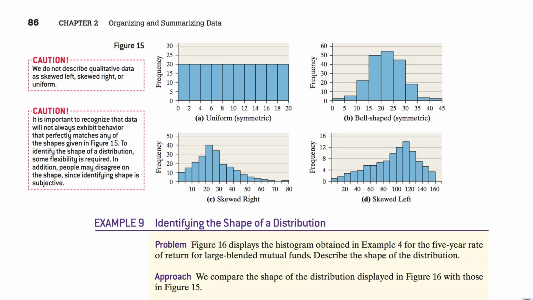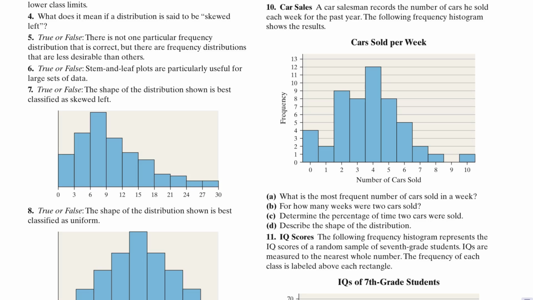And I would say, well, if you look at it again, it looks like it's skewed slightly right, because it has a tail that runs off to the right side, just like part C of this figure has. And so if you want to confirm that, I would say I think that's a fair description. Now this is a little bit of a judgment call, so some people might look at that and say, well,